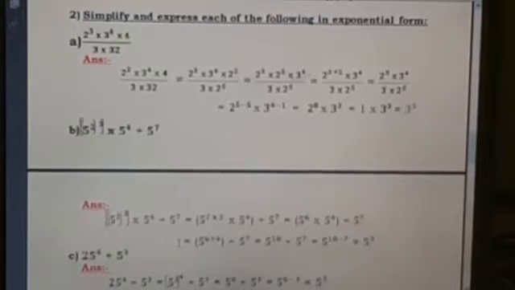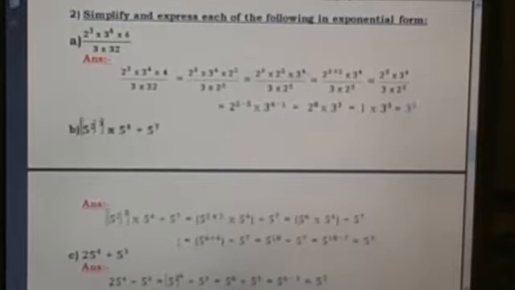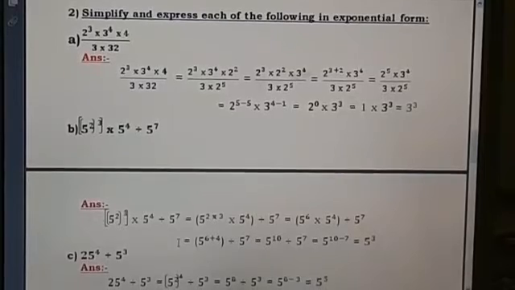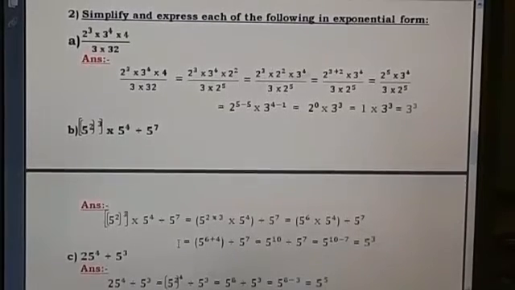First of all, we have to convert into exponential form whichever numbers are not given that way in the question. So we have to convert 4 and 32. How do we do the conversion? 4 is 2 into 2, so 2 twos are 4. 2 times are there, so in exponential form we can write 2 to the power 2.